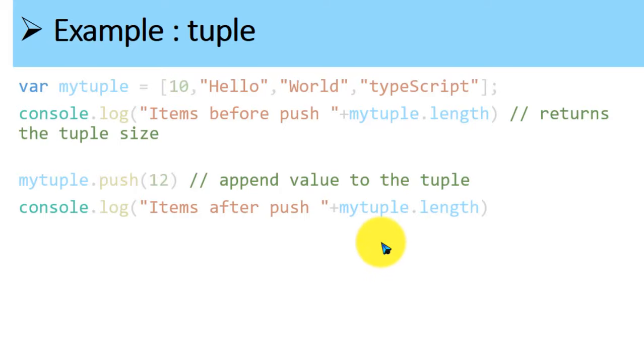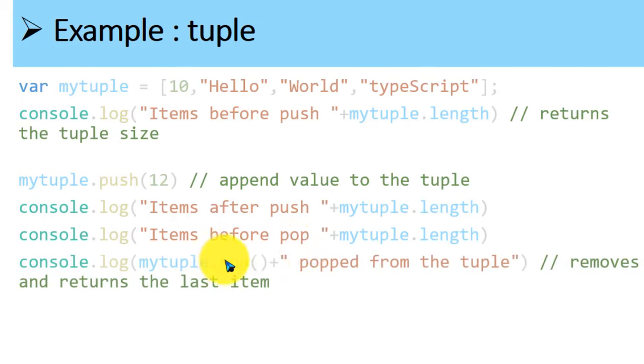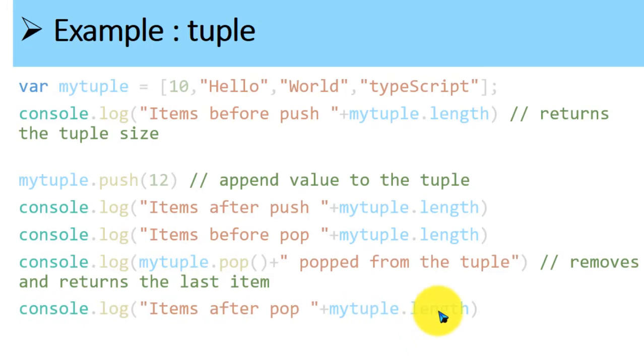After appending the value, the length is checked for myTuple. There were already 4 elements, and after 12, the length is 5. Then you can check before and after pop: the top element will be popped and removed from the given tuple, and then you can check the length of the tuple after the pop operation. So this is the basics of the tuple.